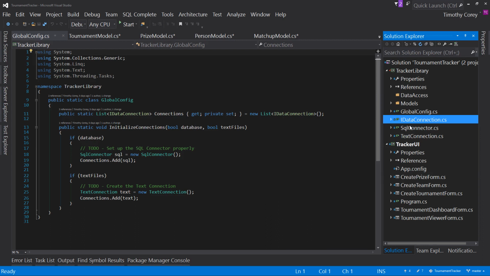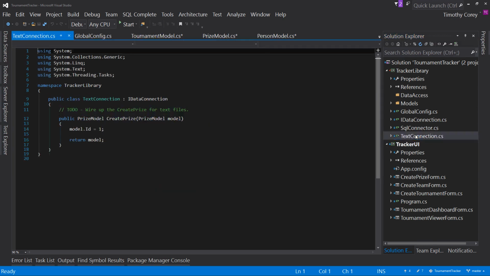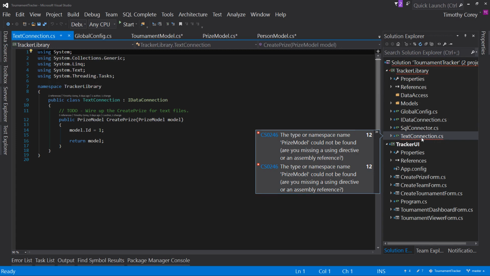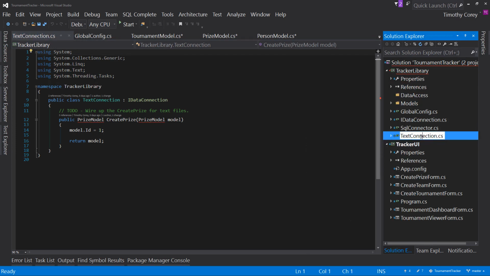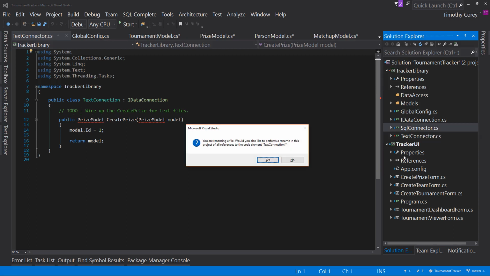text connection. And that also brings up another issue, which is this is named differently than this. We have SQL connector and text connection. So I'm actually going to rename text connection to text connector. So let's rename this to text connector. And it's going to say, would you like to also rename the project and all its references to text